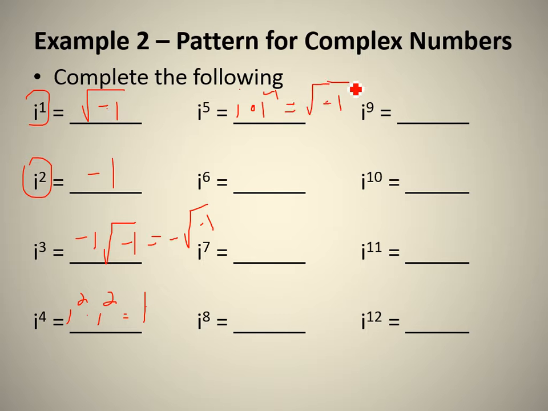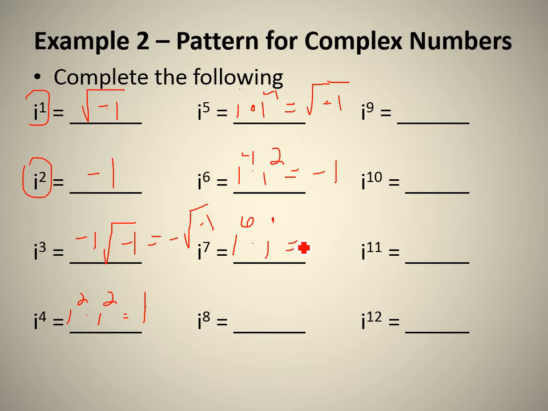And then i to the sixth, I could get from simply doing i to the fourth times i squared. So i to the fourth is positive 1, i squared is negative 1, and when I multiply those together, I get negative 1. i to the seventh, I could get from simply doing i to the sixth times i,